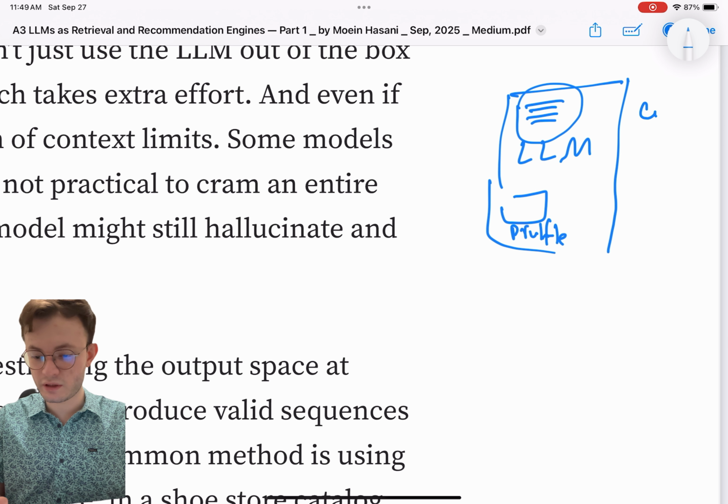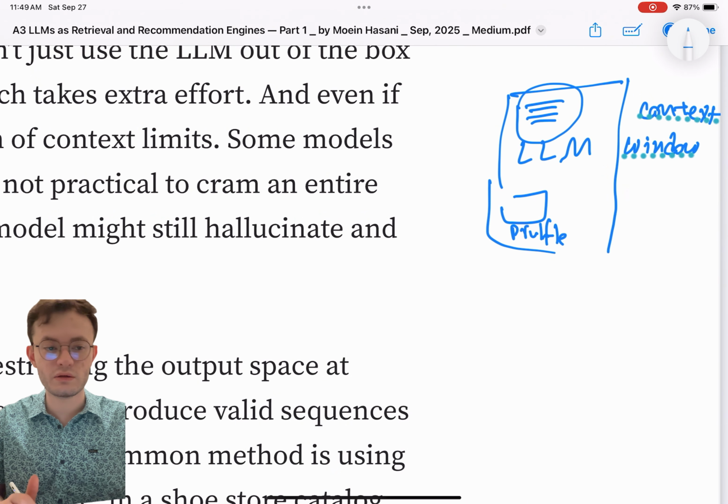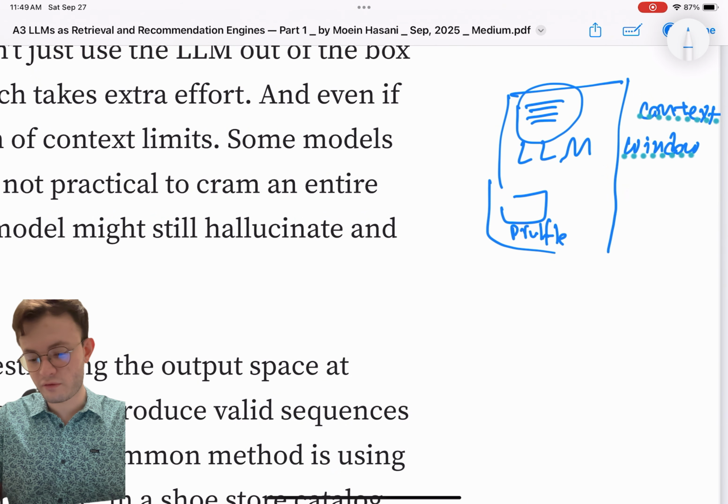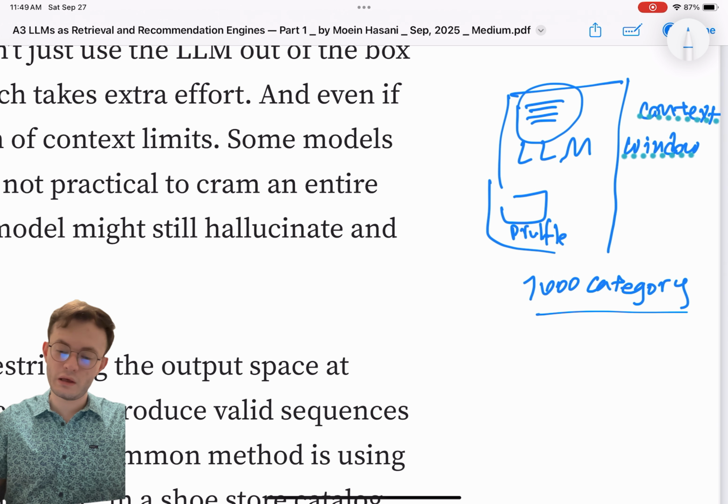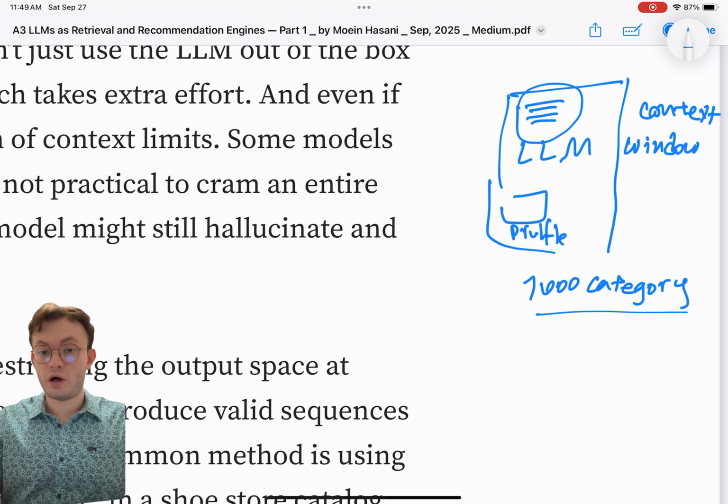There is enough context window to keep everything in the LLM. Let's say your application is simple and you have only 1,000 categories that you need to fit in the LLM. But still there's a problem.